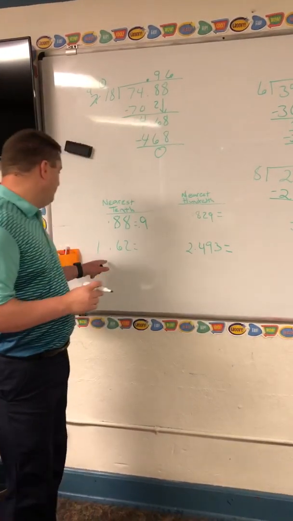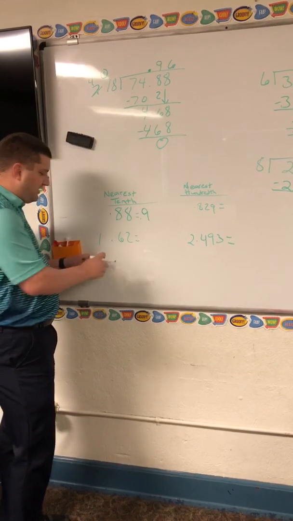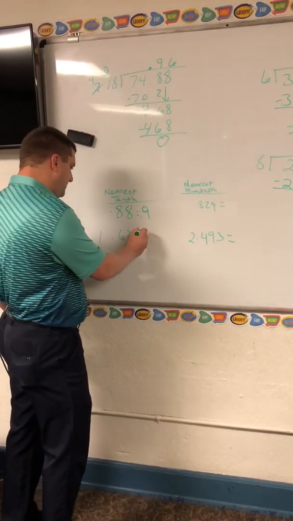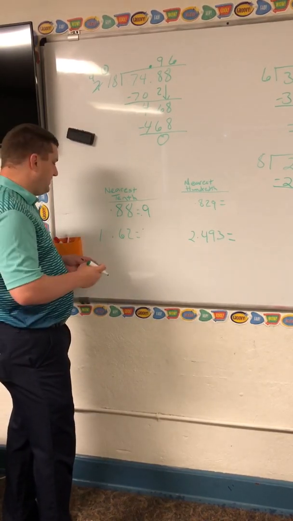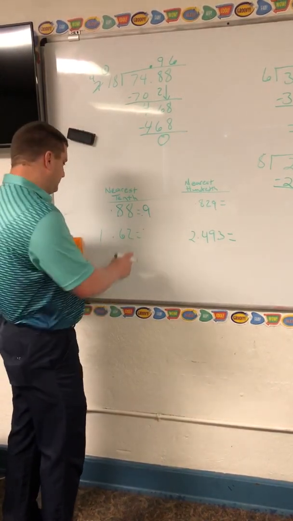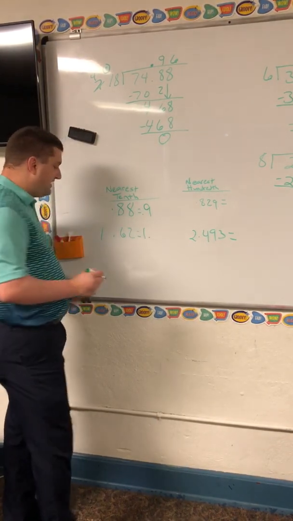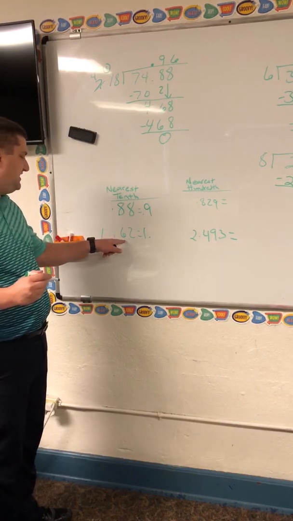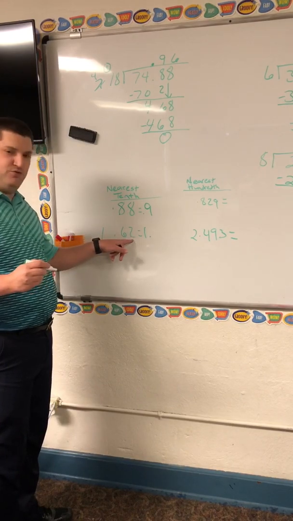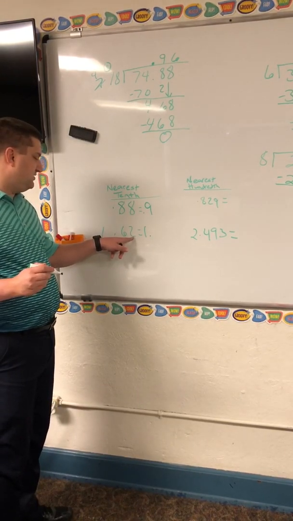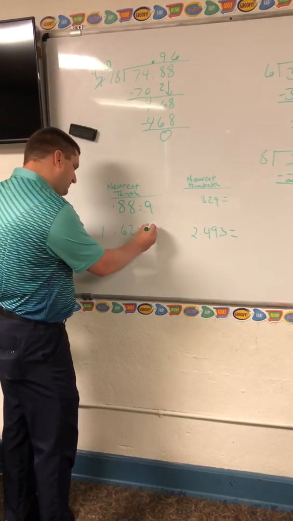The next one, 1.62. You can go ahead and write your 1 down over here, because it's not going to change, because we're not rounding to the nearest 1, we're rounding to the nearest tenth. So go ahead and write your 1. Go ahead and write your decimal. Now your 6 is in the tenths place. Directly to the right is a 2. 2 is 4 or less. Because of that, that 6 stays the same. So your answer is